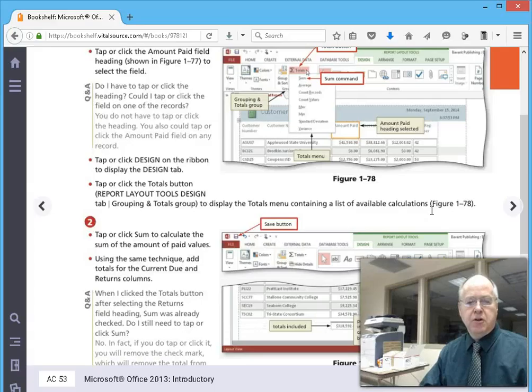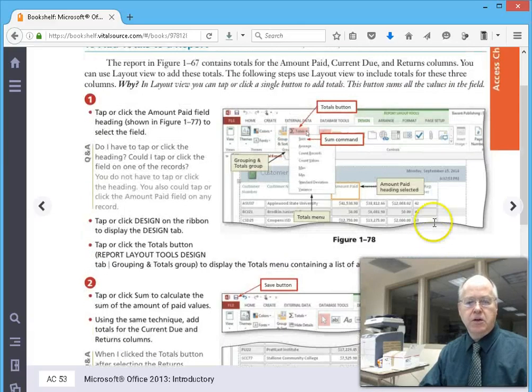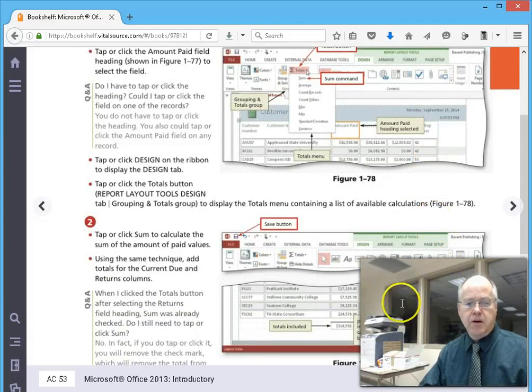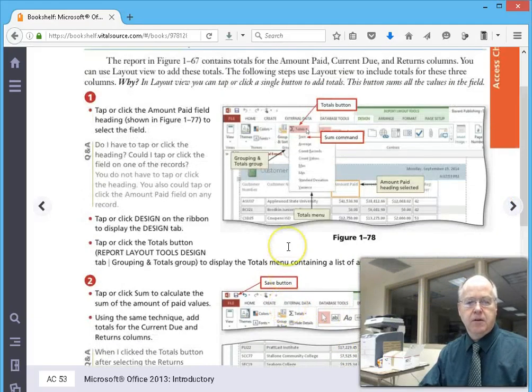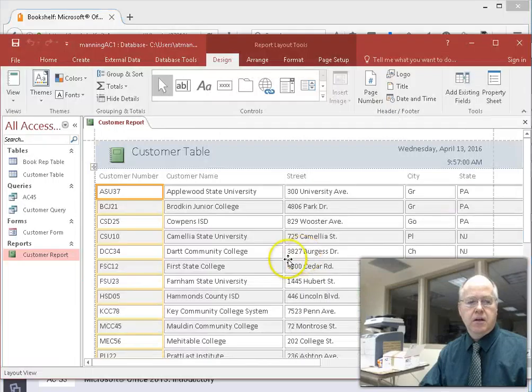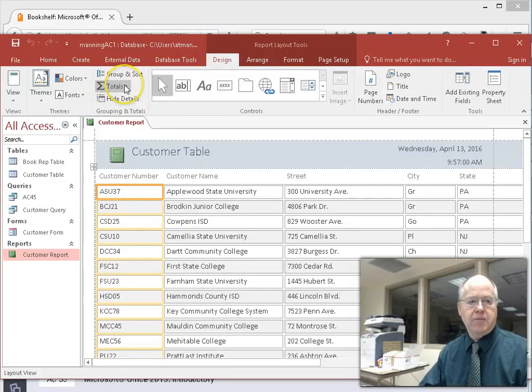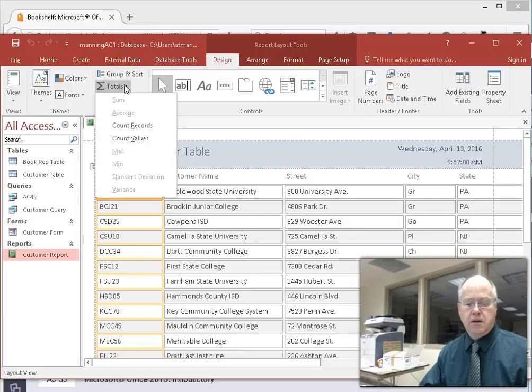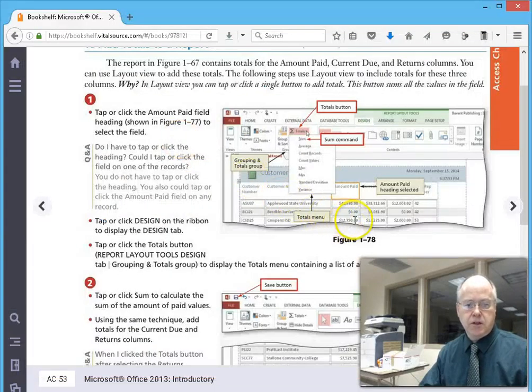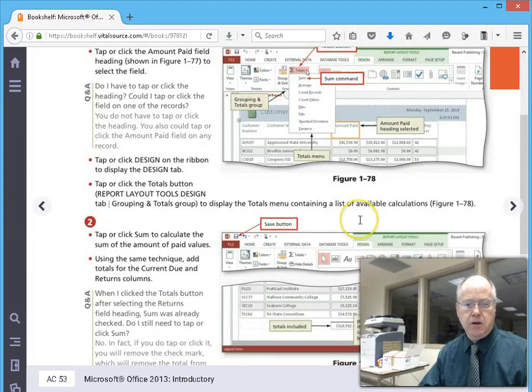One more thing we can do to the report, we can actually add a total to the bottom, underneath the totals of their amount due. So let's go to the customer report, and over here under the design tab, we have totals. We are going to select the column we want a total of,